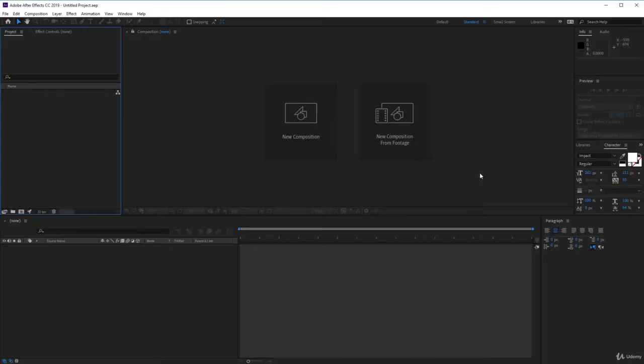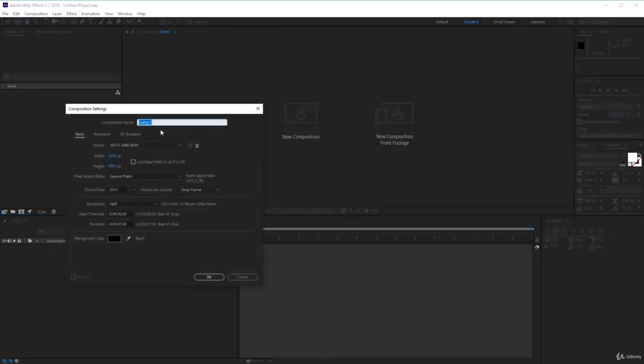Hi everyone, and welcome back to the Collision Intro course. In this lesson we'll learn how to create a rocky texture for your text. So first, let's create a new composition in After Effects, and let's go ahead and call it Collision Text. And we're going to go with a size of 1920 by 1080, and we want a duration of 7